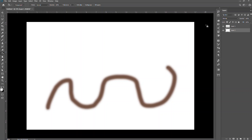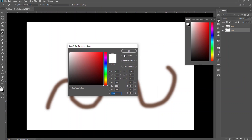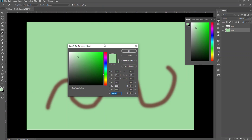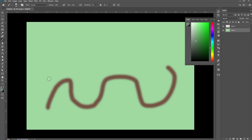You can change the color with the Color panel or the Swatches panel, or if you're over here, you can just double click and this panel pops up. It popped up on my second screen. And you can pick a new color and adjust all of these settings. That's handy if I wanted the same tone of green, but a little darker. Double clicking, getting the color picker, you can set it just to brightness, and then you can lower the brightness on this slider and it will just add more black to the color,